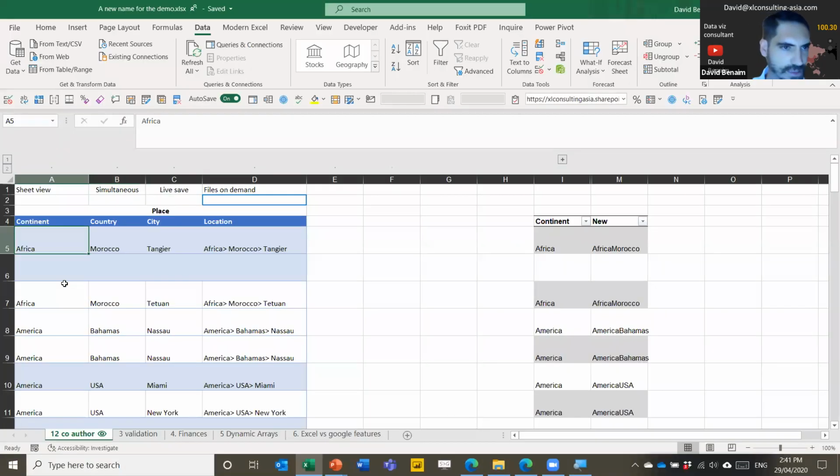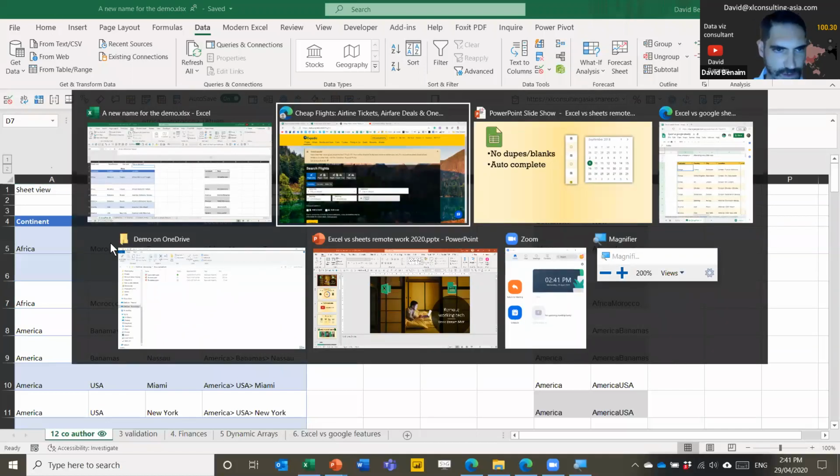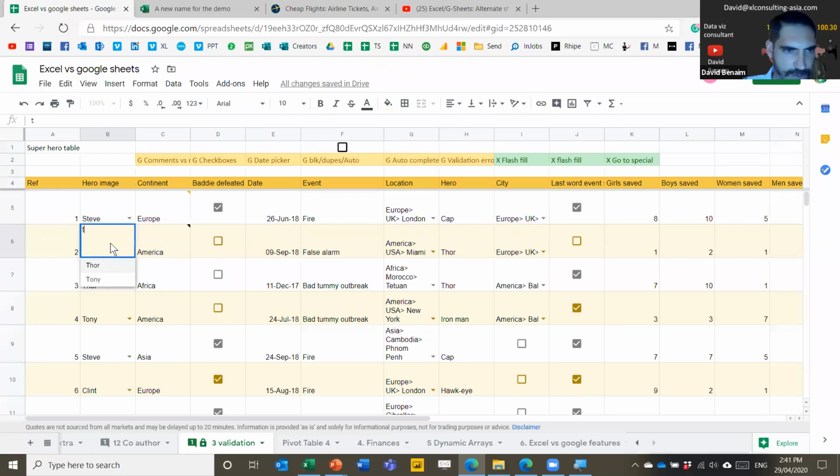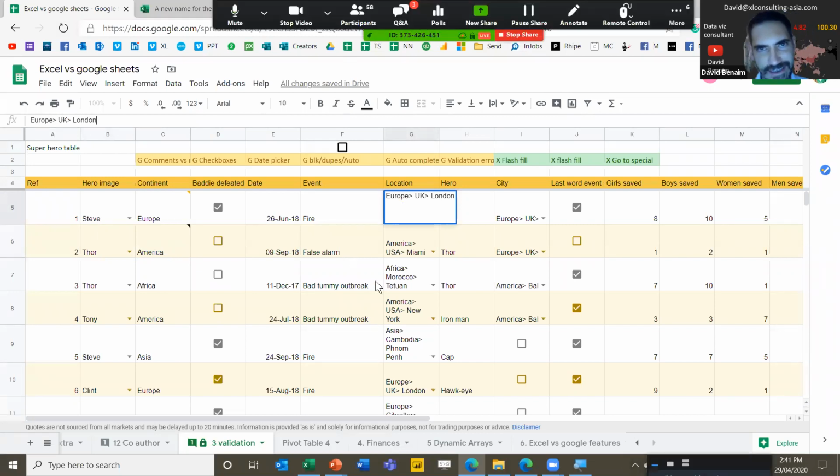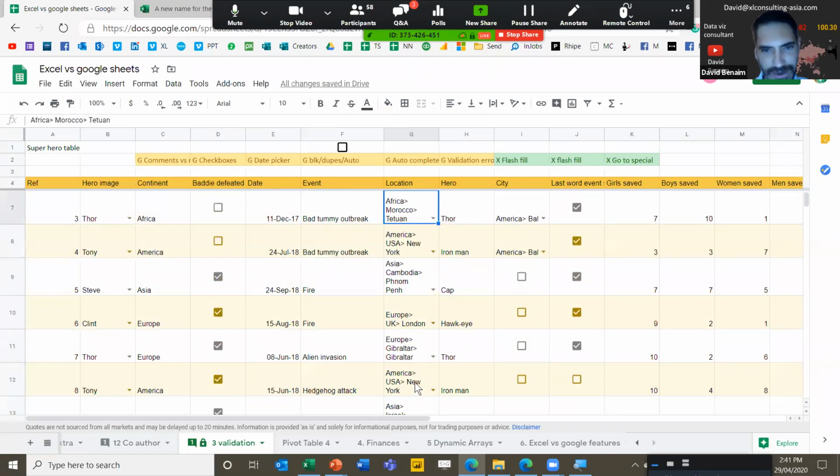Excel does not have autocomplete. As you start typing, it doesn't give you a list of preset ones. Google Sheets does. We just set this one up. If I put a T, these are the two options, and I can just select the one that I want there. What I do, in fact, is I use this sort of coding with a new word. This is a hierarchy, so continent, country, city. These are, by the way, all the cities that me or some of my ancestors are from. We're pretty global. Phnom Penh, Cambodia, Gibraltar, New York, Israel.